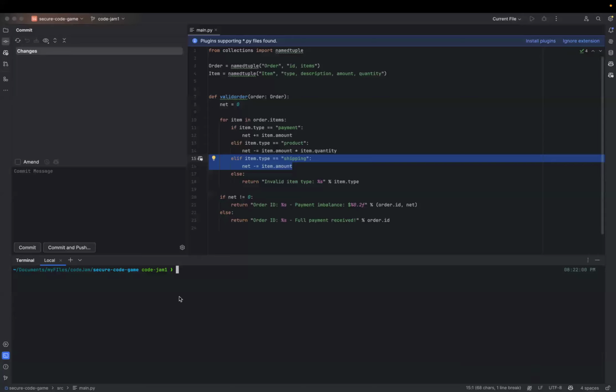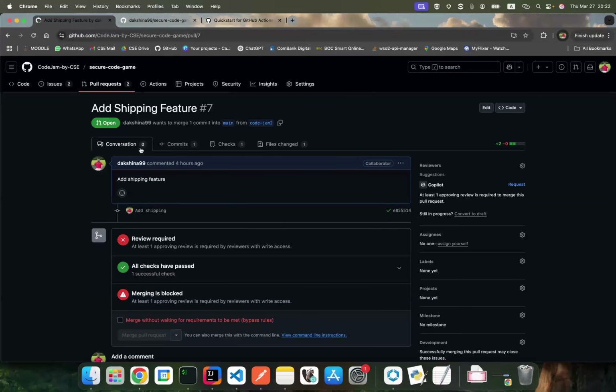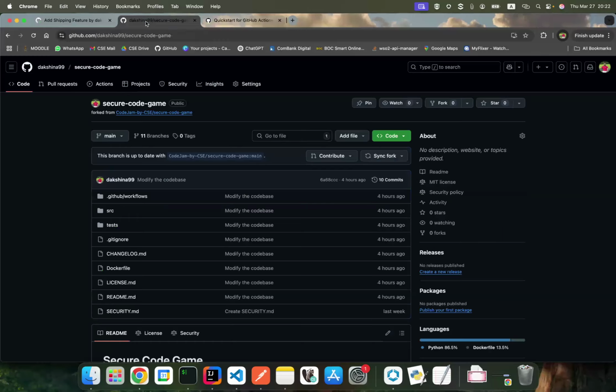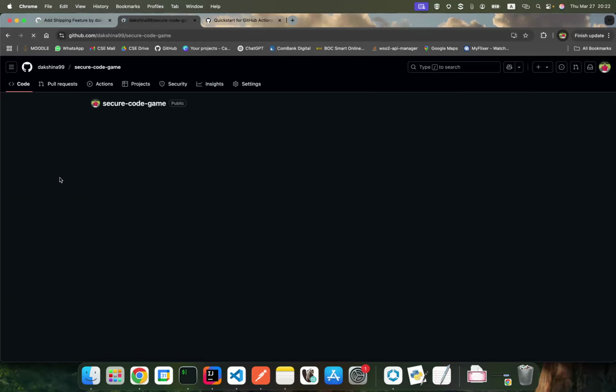Okay, now we have committed the new thing to my CodeJam 1 branch, but still you can't see those changes. Let's go to the origin. So this is my origin now, but at the origin you cannot see the things that I have changed, right?